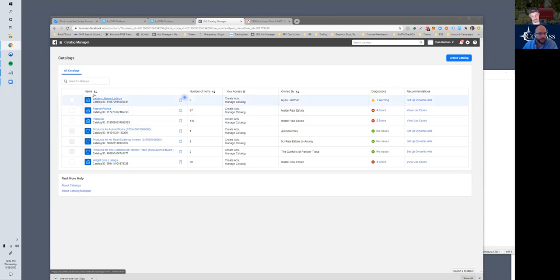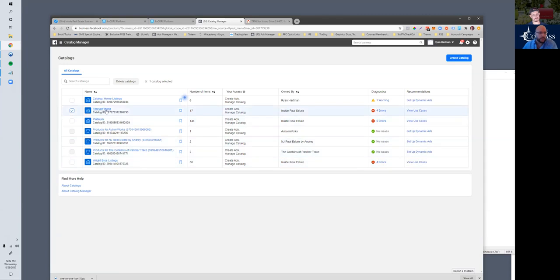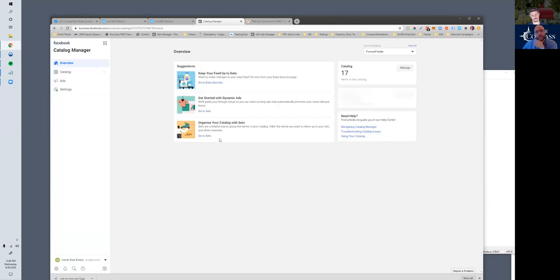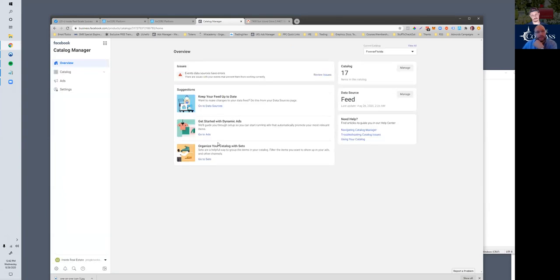You were doing the Forever Florida one, I think it was. You can just click on the name for that, and that'll bring you up to where we were. So basically we're going to pretend that the catalog is in here. Of course, it's going to yell at you about the pixel thing, which we won't deal with right now. But once you have your catalog made and your pixel set up,